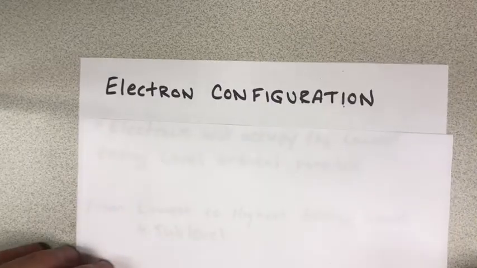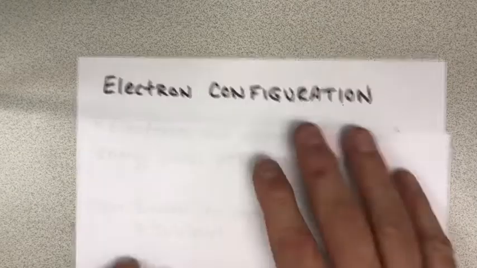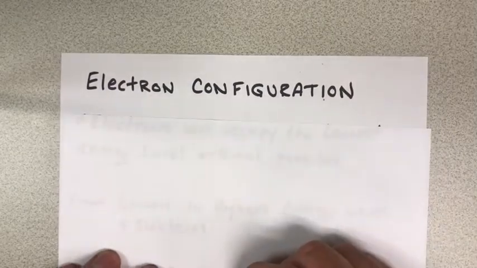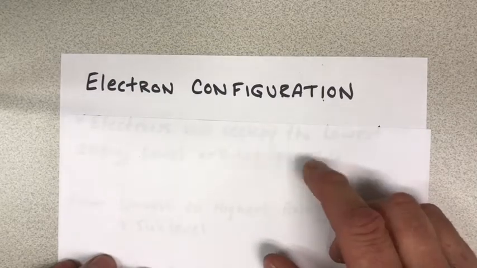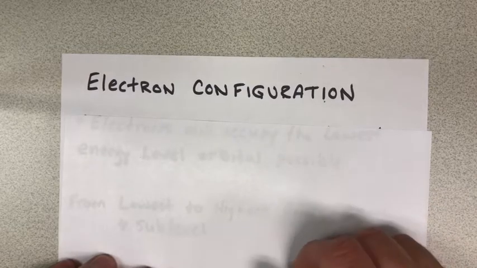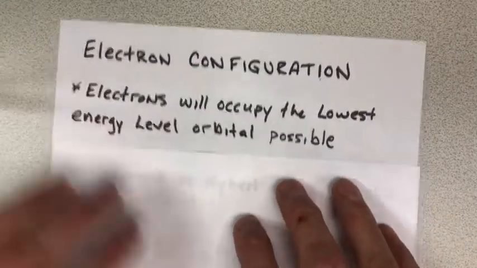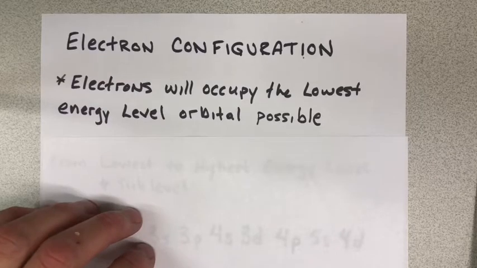Alrighty, let's talk electron configuration. This is kind of an extension of the quantum model of the atom, and now we have some understanding of that quantum model with orbitals and sublevels and things like that. And now we can look into something called electron configuration, which helps us to understand where the electrons are located within the atom. Okay, and so here's the thing to remember, is that electrons will fill the lowest energy level